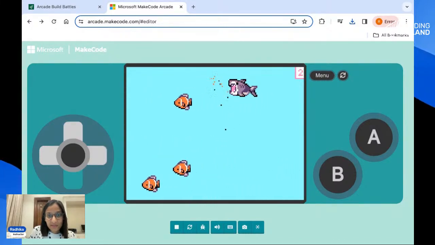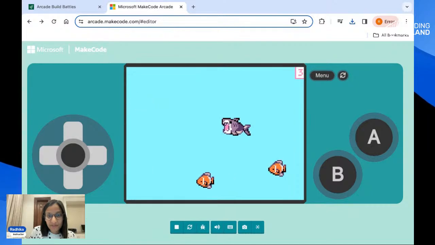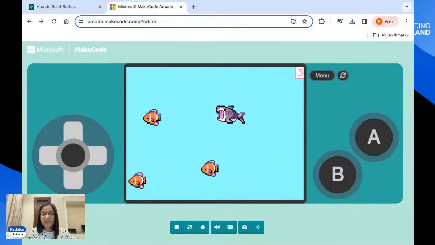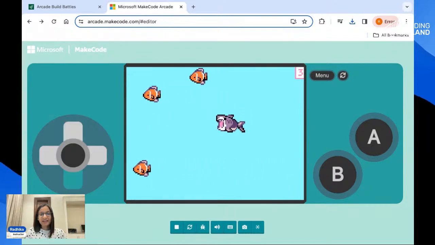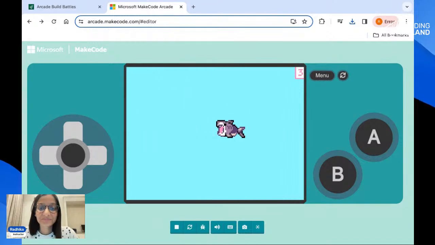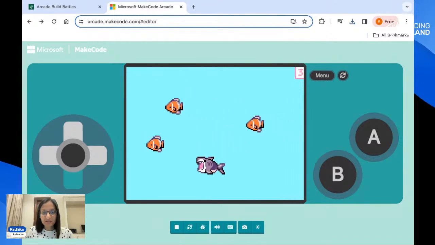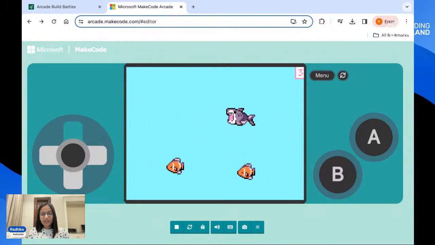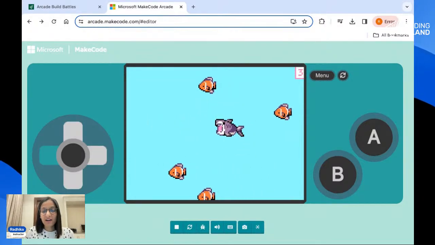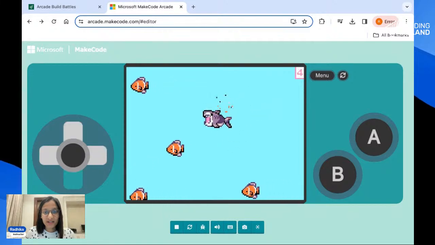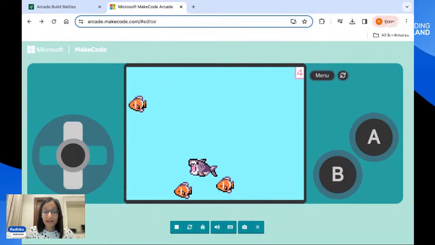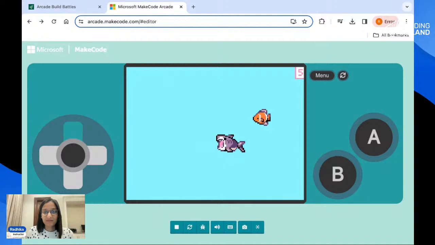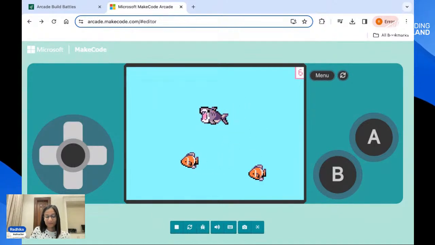This is a game wherein we have a big shark. The player, my sprite, is a big shark, and then we have a lot of small fishes floating around in the sea. And my goal is to move the shark with arrow keys and then try to gulp down as many fishes as I can and gain score. So I couldn't complete it, of course, but I'll show you